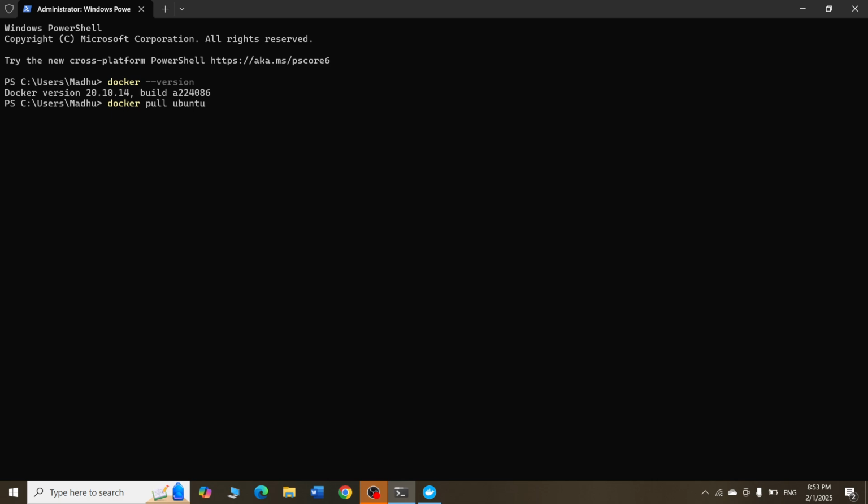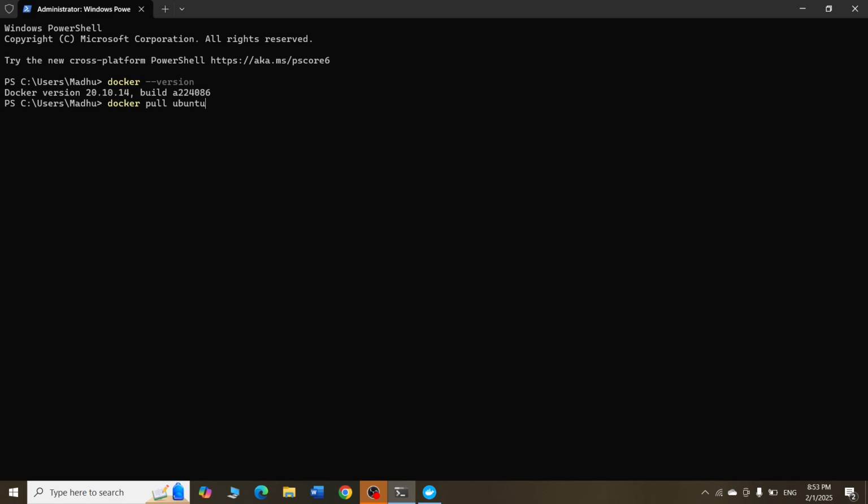So what is this command? This command is telling Docker to download Ubuntu for me. You are downloading the image. An image is nothing but a setup file. Let me tell you exactly what we mean by an image. An image is basically like a blueprint. Just like before building any house, we create a blueprint which tells you all the instructions that are needed to build that particular thing.